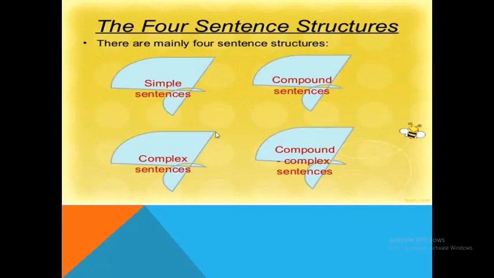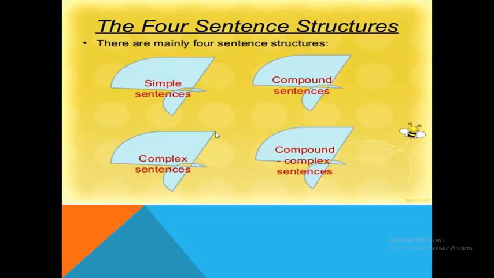Then, dear students, let's come towards different types of sentences. So here we do have four main types of sentences. The first one is very simple, that you have already learned, you know them, you have practiced these sort of sentences from your early junior classes. So what are those? Those are simple sentences which carry one subject and an object and a verb, so that is a simple sentence. Then we do have compound sentence